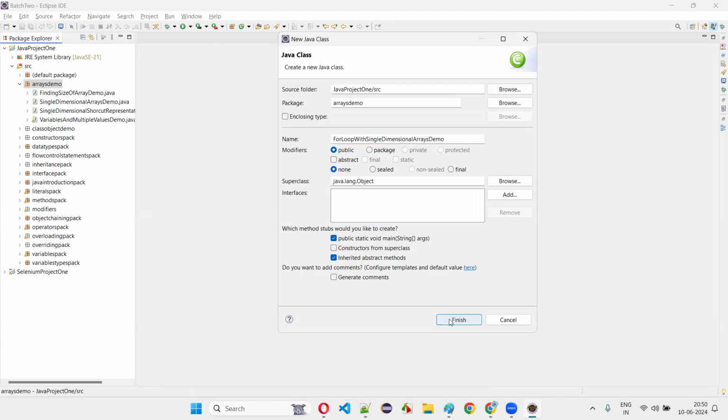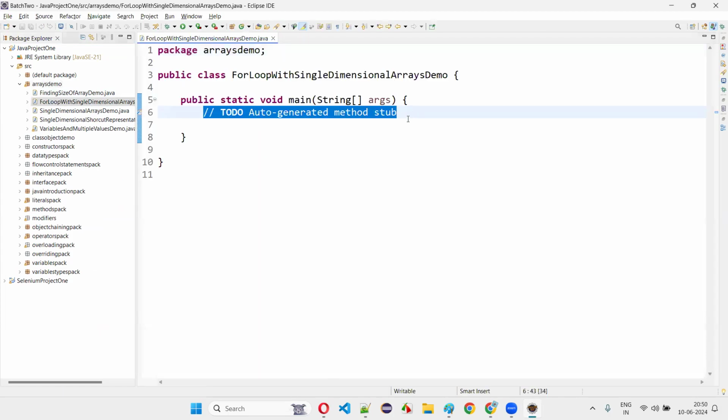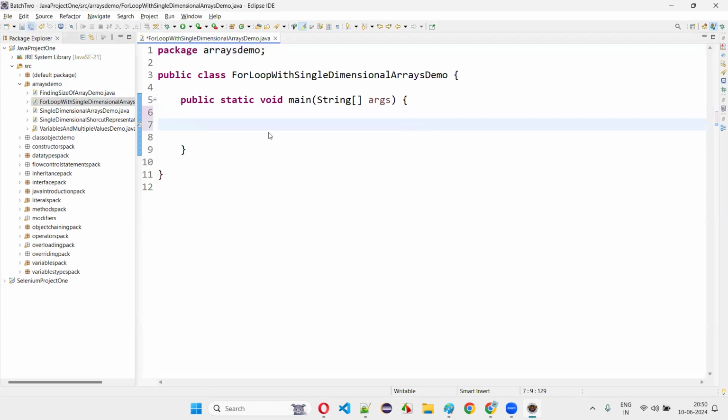With the main method, I'm going to create it, click on finish. For loop with single dimensional arrays. Just create here and write down here. What do you have to write down? I'll create an array: integer array AR is equal to the shortcut representation of the array. I'll give a lot of elements here: 9, 5, 7, 1, 8, 6, 3, 2, 4,